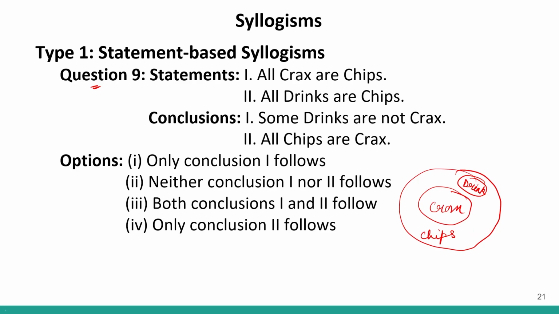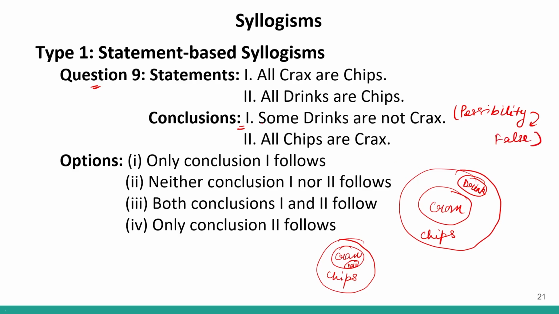Based on this, let us look at the conclusions. Conclusion 1 says some drinks are not cracks. Some drinks are not cracks. This is a possibility. Okay, if I draw the diagram like this, this is my chips, this is my cracks, and this is my drinks. Let's say the diagram looks like this. So let us look at the statements. All cracks are chips. We have completed this. All drinks are chips. We have completed this as well. So some drinks are not cracks. This is a possibility, but